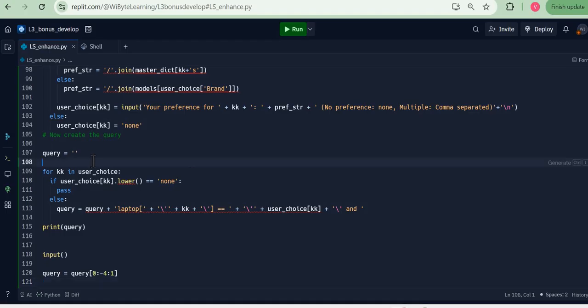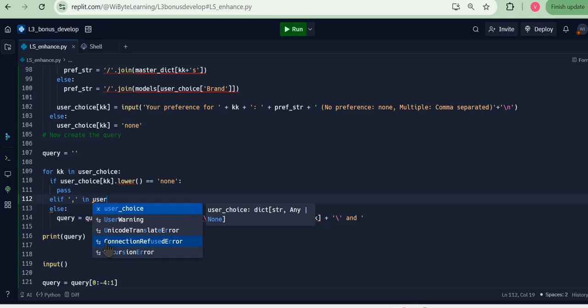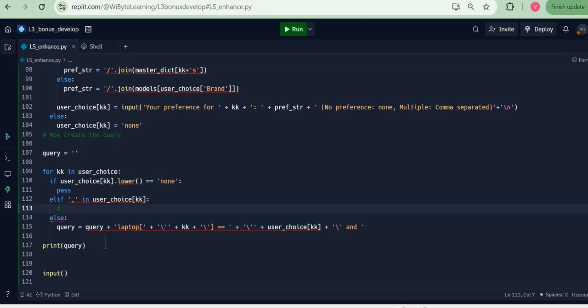Now, this is where the query formation is going on. We will have to enhance this code a little bit. Basically, if the user's choice is none, which means the user did not have a preference, nothing changes. So we just don't include that in the query. So I let it be passed. However, here I go and add a condition that, look, if my user response, the user choice in that particular specification, contains a comma, it means there are multiple values. So I just go and say, well, comma is in user choice, let's say KK, and I can put a colon here. Let me put a small comment over here, say multiple preferences